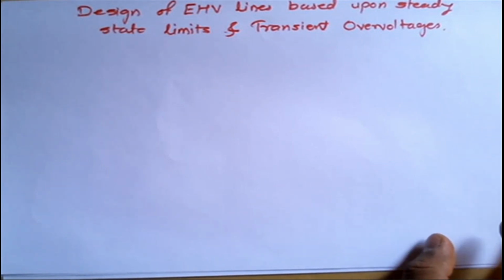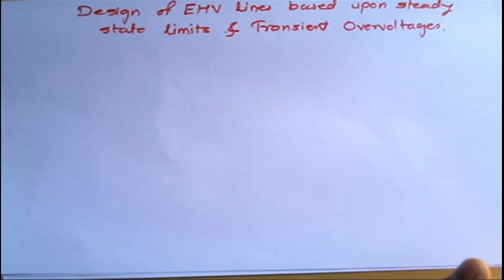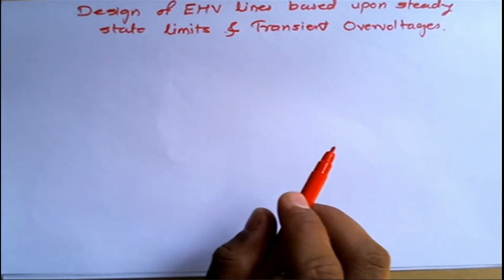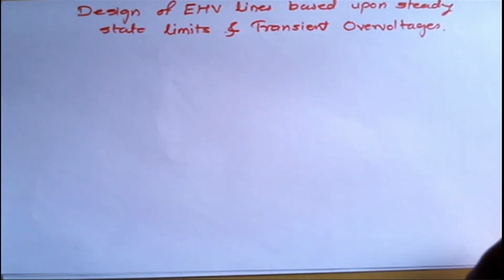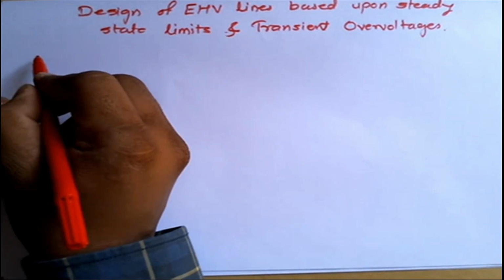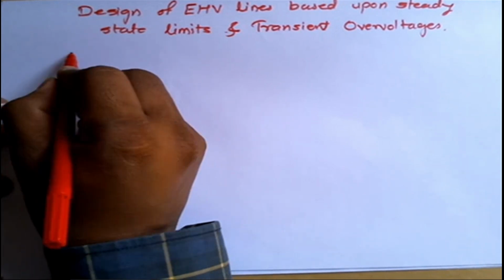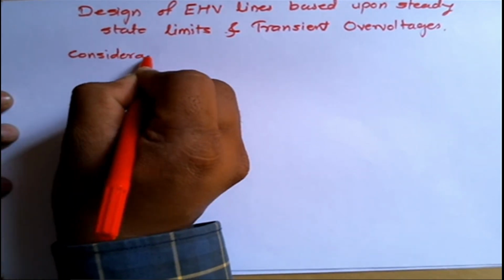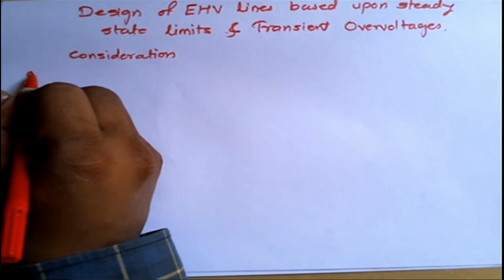Okay, so if we consider the steady state limit, all the design is a synthesis or analytical procedure, that is nothing but whatever parameters we have available and some constraints under which we have to design a line. So there are some steady state constraints or considerations which we are going to see right now. Which are those? First one,